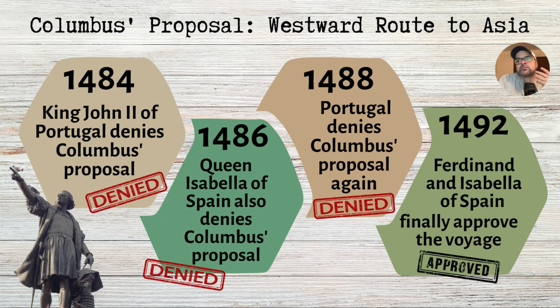But again, as we know, Bartholomew Diaz had just successfully rounded the Cape of Good Hope, and then later would find Vasco da Gama in 1498. So Portugal really didn't feel the need to find another route. They said, we're pretty close. We've found Southern Africa. We've found the Cape of Good Hope. We're fine. So then it's January of 1492 that the Spanish court again hears from Christopher Columbus and rejected his proposal again.